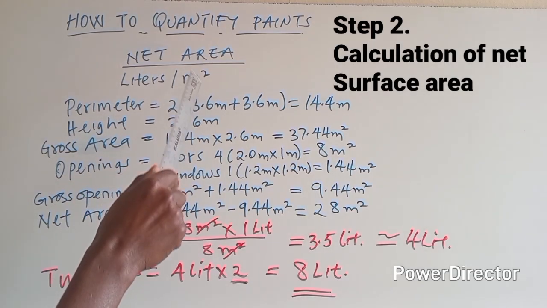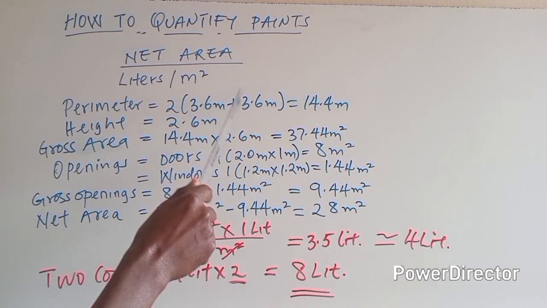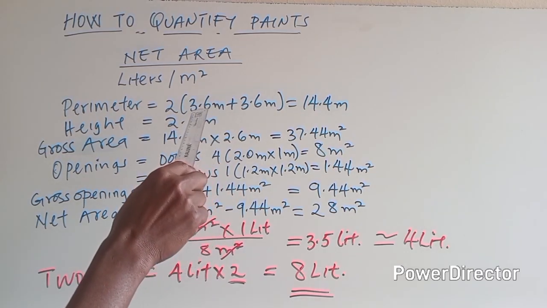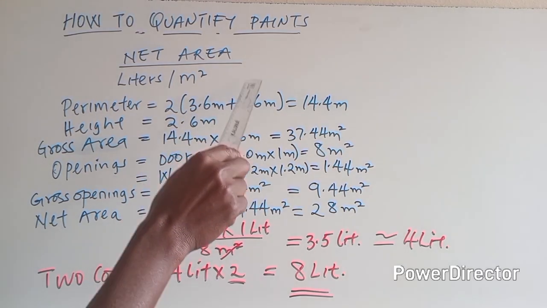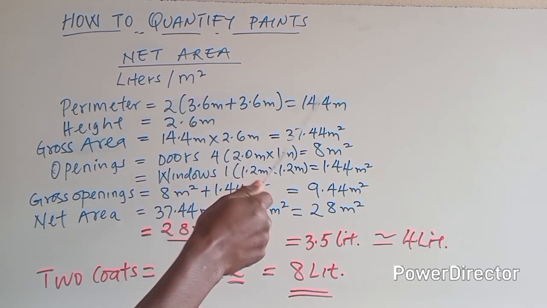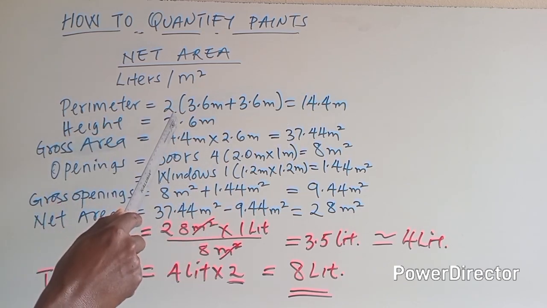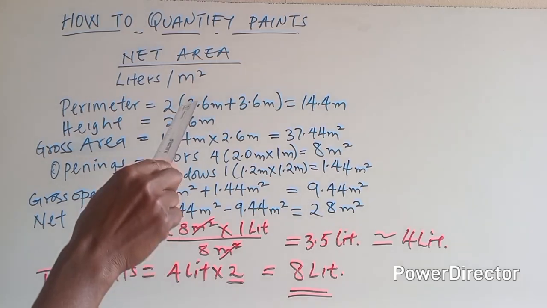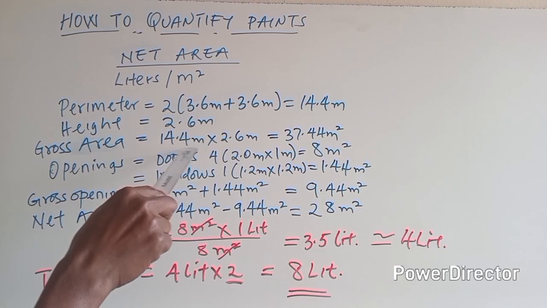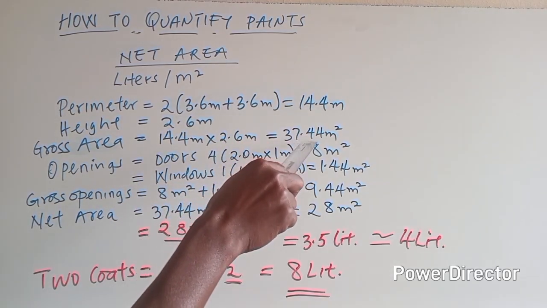The room that we have just measured was 3,600 millimeters, that was the length, and the width was 3,600 millimeters again. Turned into meters is 3.6 meters, and the width also 3.6 meters. So, times 2, because it is perimeter, you are having 14.4 meters. And the height was 2,600 millimeters, which translates to 2.6 meters. Now gross area is perimeter, which is length, times width, which is height, which is 2.6 meters, giving us 37.44